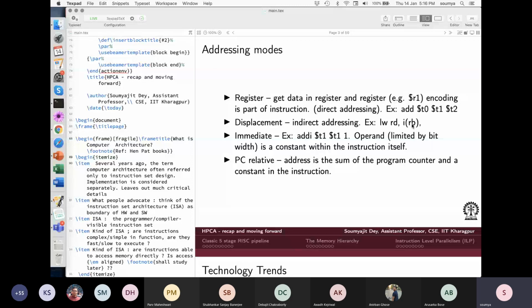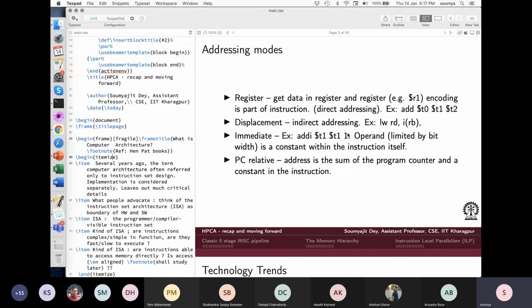So let us say I am saying, go some steps from the program counter and see what the address is. From that address, whatever you get, you load it in RT. So this is displacement or PC relative addressing, and there is also indirect addressing. And there is another thing called immediate addressing. Immediate addressing means you don't go to the memory; you are provided with a value, and you work with that value itself. For example, add immediate: add the content of register T1 with the value 1 that I am immediately giving you.